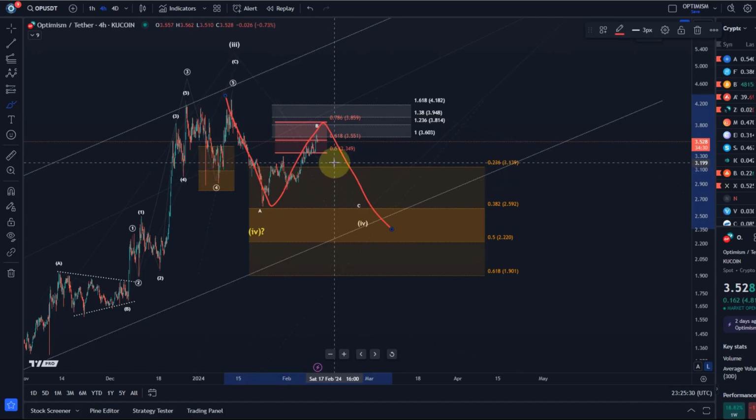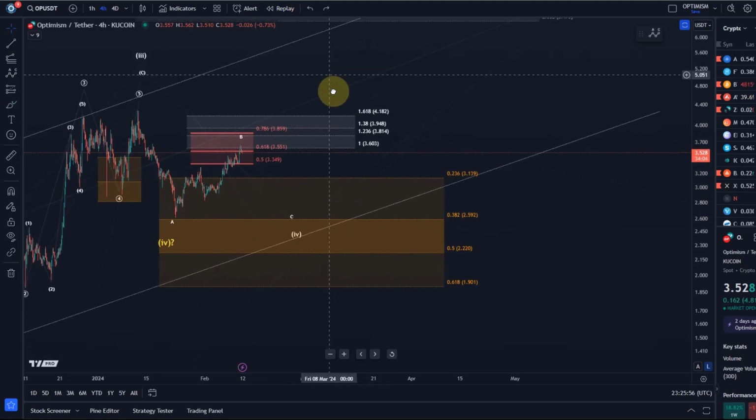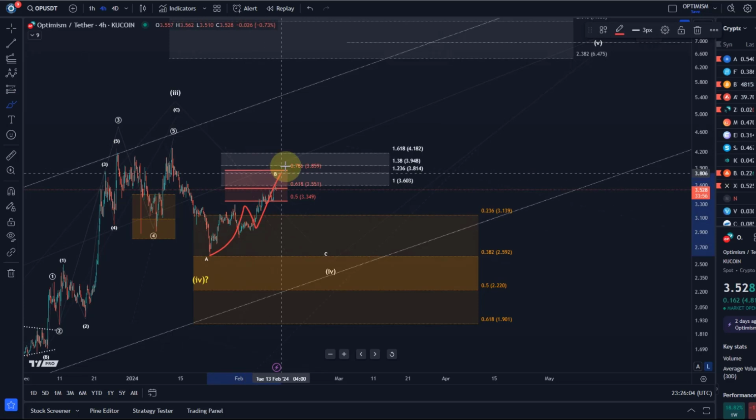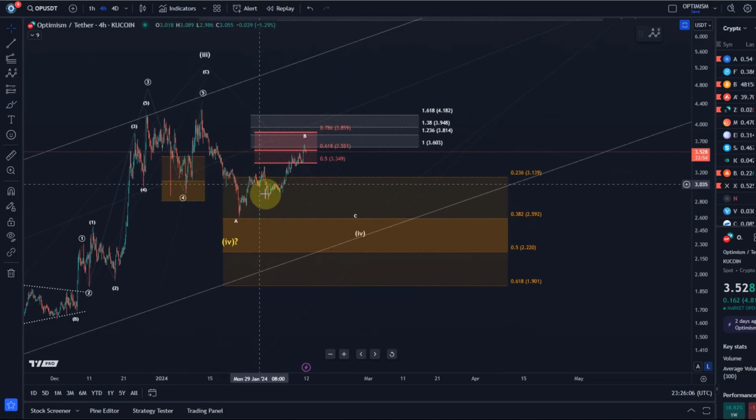I'm very much aware that we could still see another dip into support. If that happens, the level around $2.59, the lower boundary line, or the $2.20 level might be tested again in a more extended ABC structure. It is the case that we don't have a confirmed low in place in wave 4 until we see a first 5-wave move to the upside. So I need to see 1, 2, 3, 4, 5. At the moment, we only see 3 waves up.